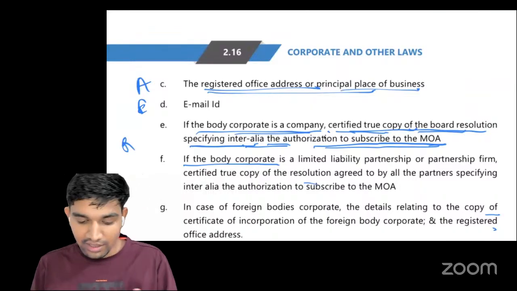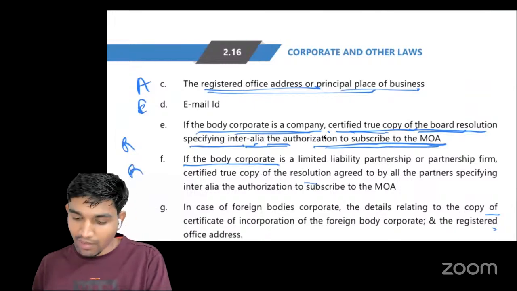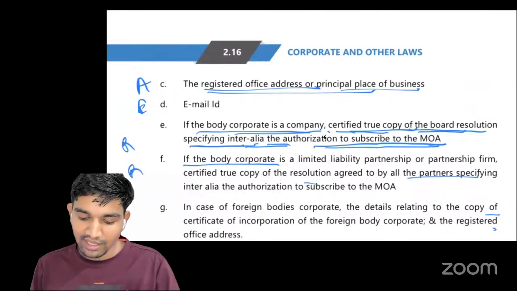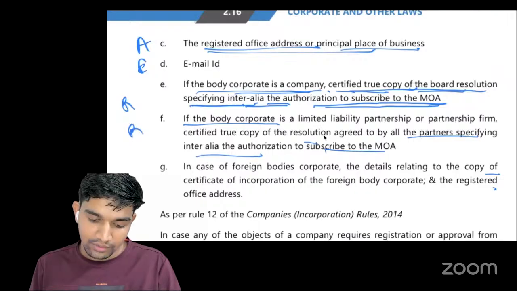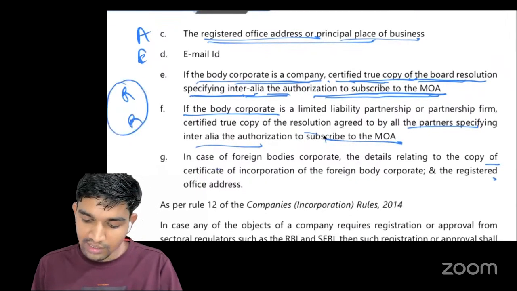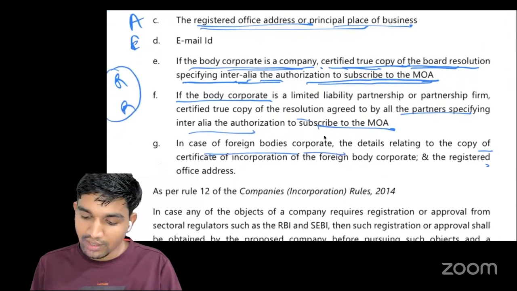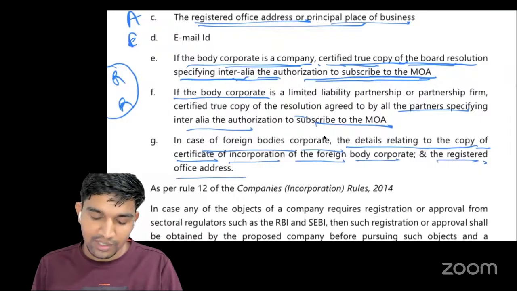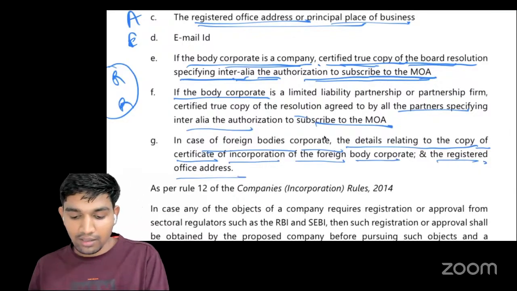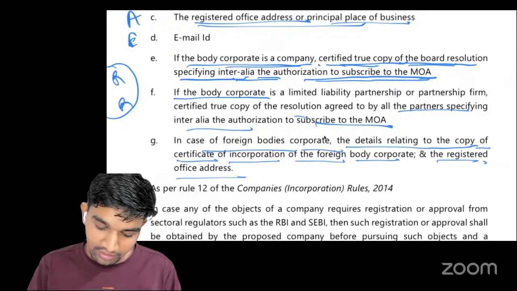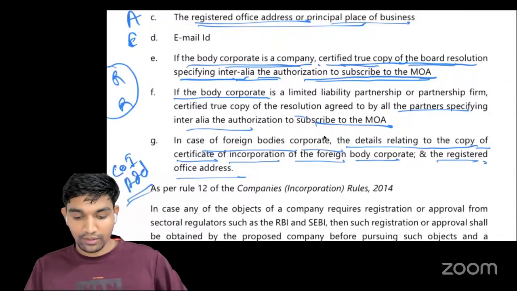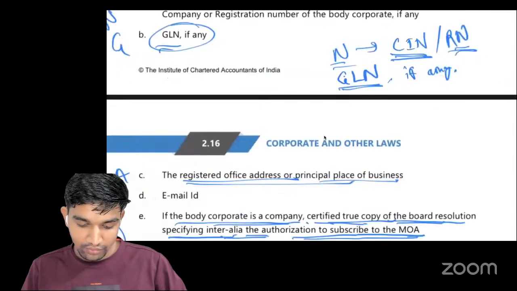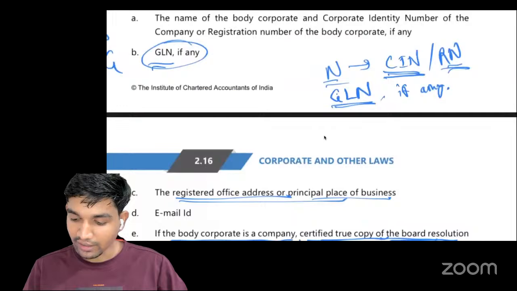If it is an LLP, then the resolution approved by all the partners specifying inter alia the authorization to subscribe the MOA. So that resolution we need to take. And in case of foreign bodies corporate, the details relating to the copy of the certificate of incorporation of the foreign body corporate and the registered office address. In case of foreign bodies corporate, their certificate of incorporation and their address you have to get. So here we have to keep in mind that